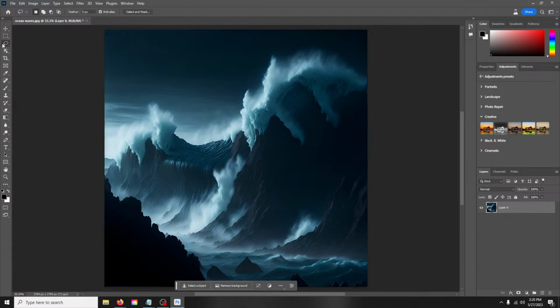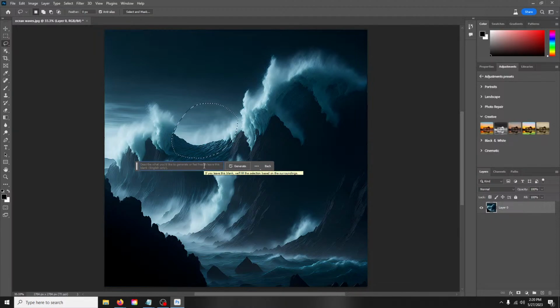So let's take our lasso tool here, and we're going to lasso in this little area right here. Okay? And there's this little button here called Generative Fill. Now what this does is it opens up a prompt window. Now you can leave it blank and just hit generate, and the AI through Photoshop will add a mask over the top of this image and blend it all together seamlessly. But if you leave it blank, it'll just do whatever it wants. You can actually add a prompt in here and say,